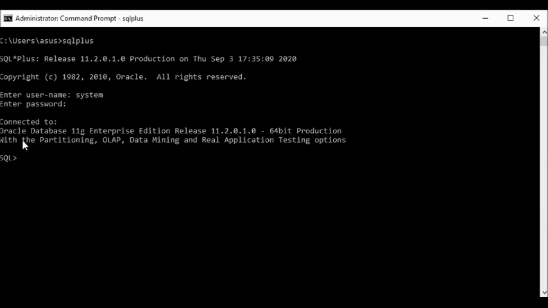And you can see when this comes out, Oracle Database 11G, if you see this, it means that you have installed your Oracle successfully.